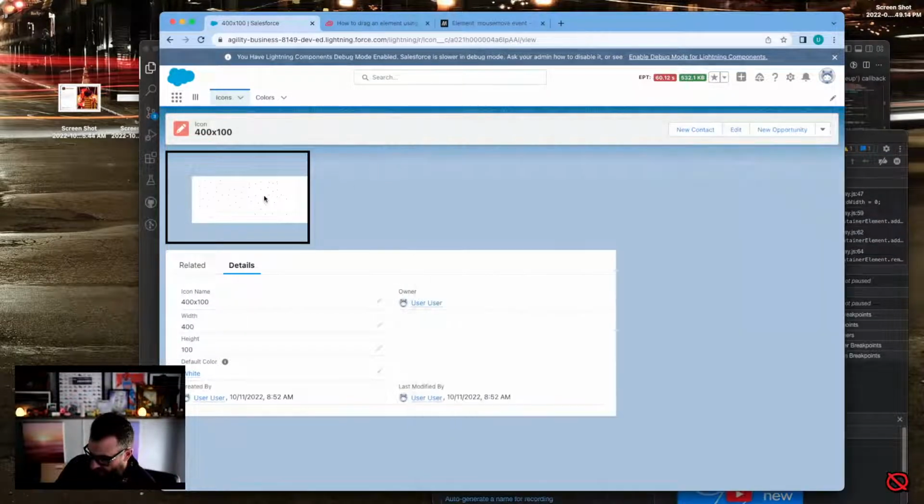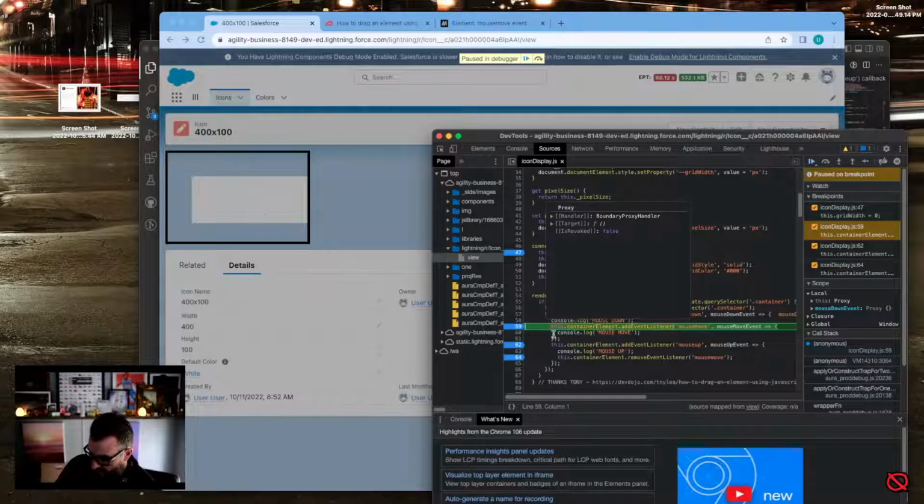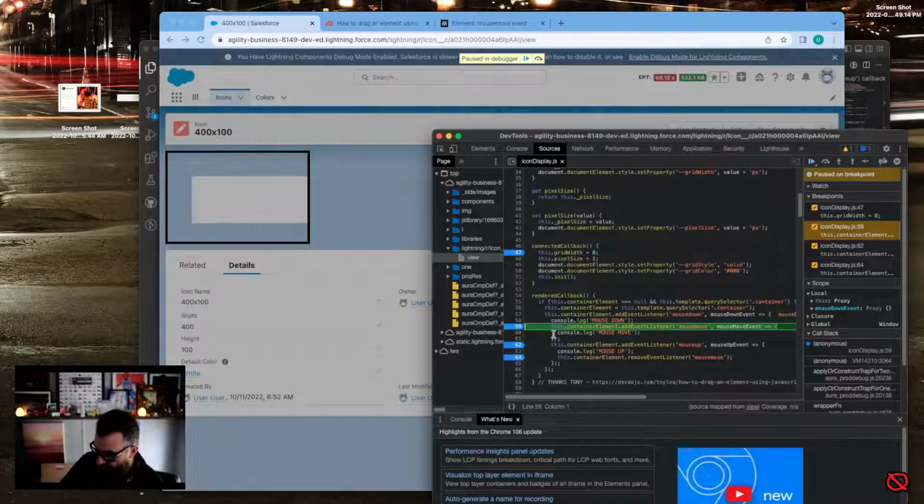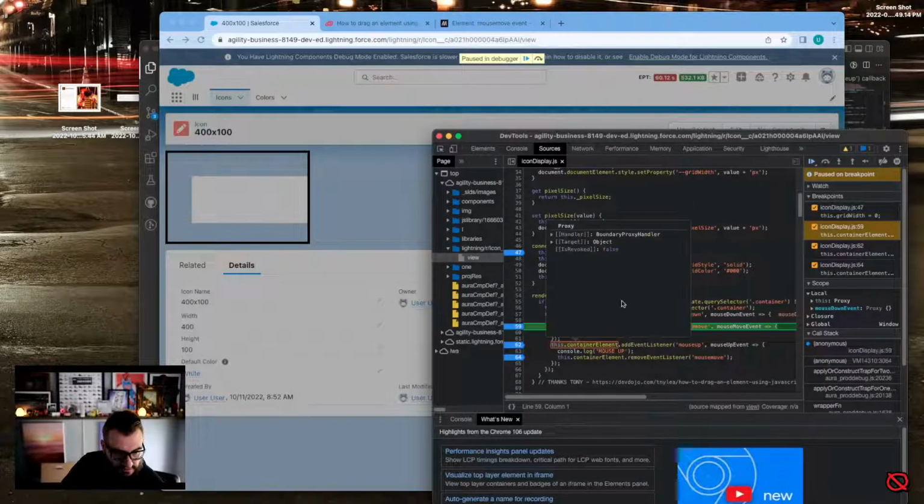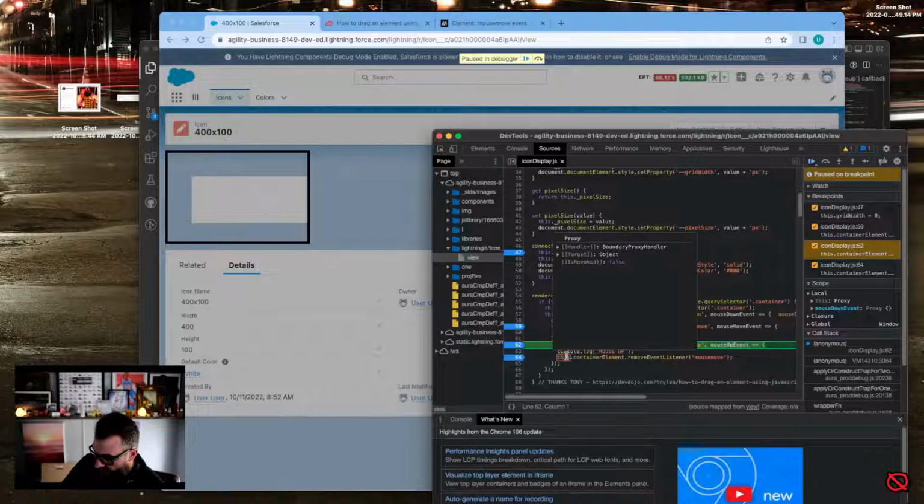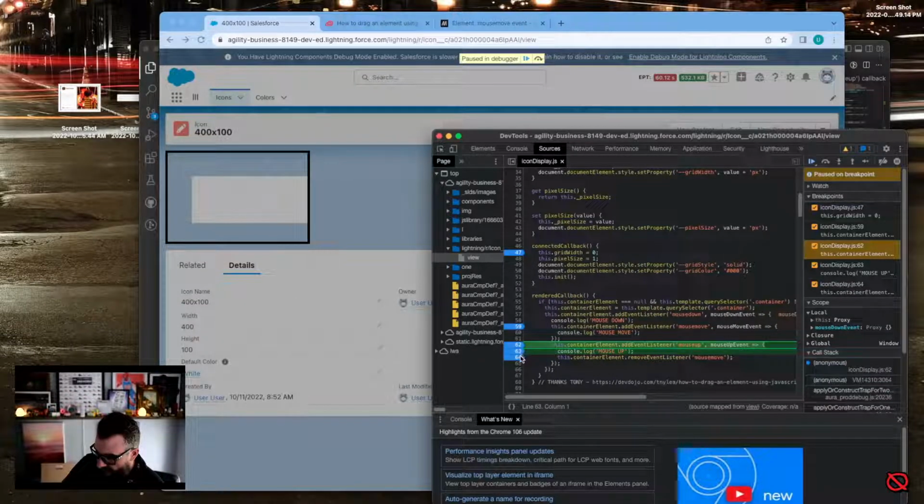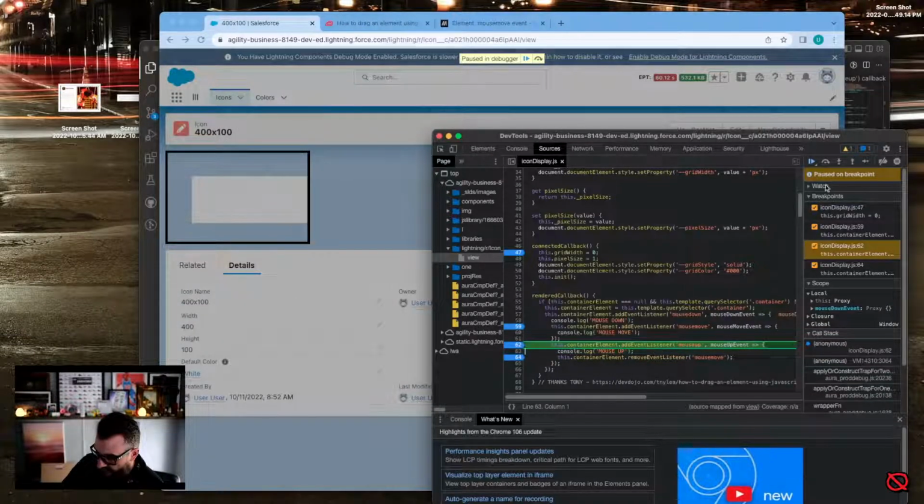I'll drop a few more breakpoints in here. So there's mouse down. We add mouse move. We also add mouse up. And then we remove mouse move. So I think we should get